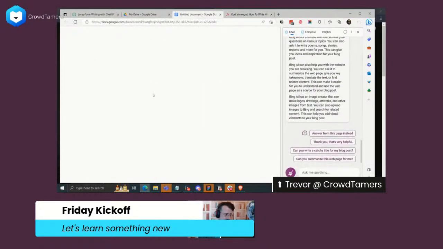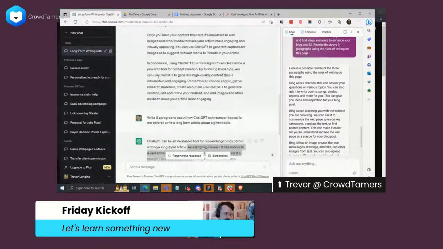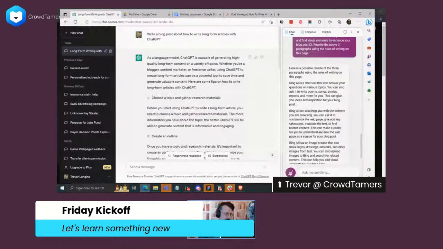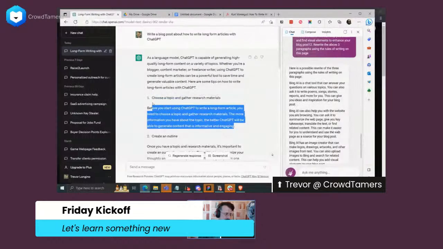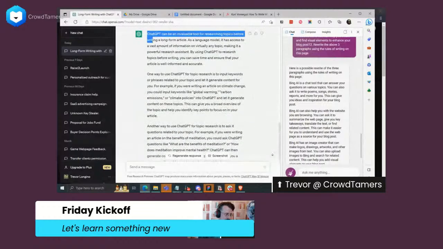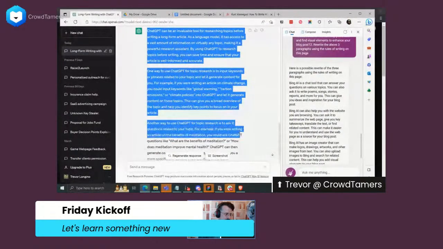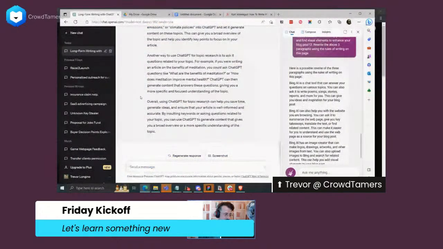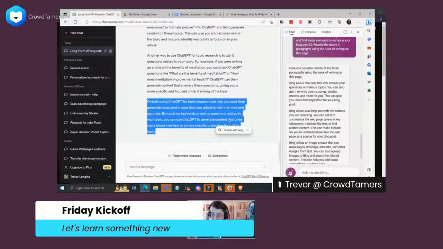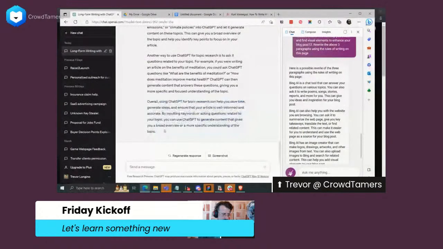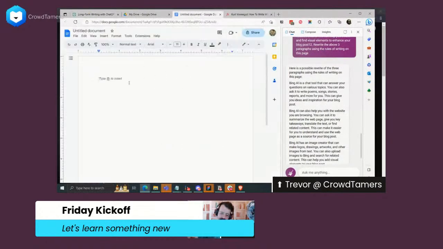All right. So now they say start by researching materials. Now I've got paragraphs that talk about how ChatGPT can write for you, so we're just going to pull this. I will note one thing that ChatGPT tends to do a lot of is write a summary paragraph at the end of whatever piece of writing you give it. I never use the summary paragraph because it's pretty rubbish, right? So instead we'll go through